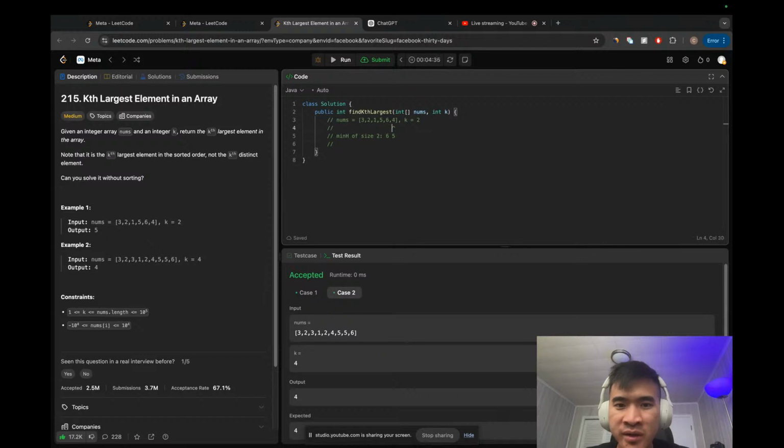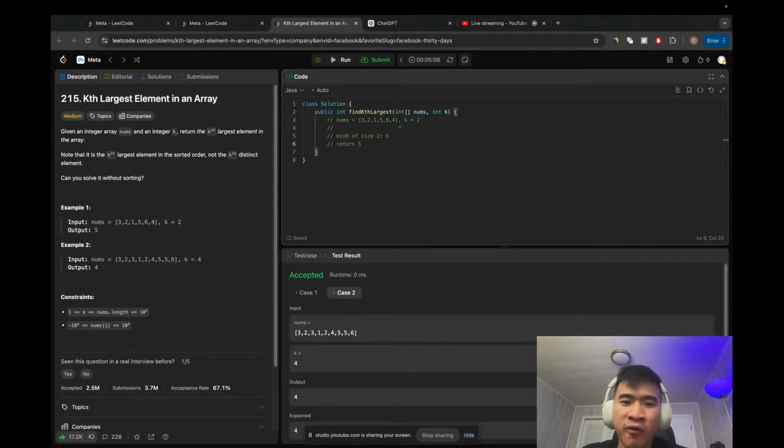And then we move on to the next and final element, which is 4 right here. And we see again that the heap is greater than 2. So we need to pop the top of the heap, which is 4. And by the time we reach the end of the array, we can see that 6 and 5 are the two biggest elements in here from 1, 2, 3, 4, 5, 6. And we need to return the second biggest element, since k is 2, which is 5 at the top of the heap. So we just pop that and return